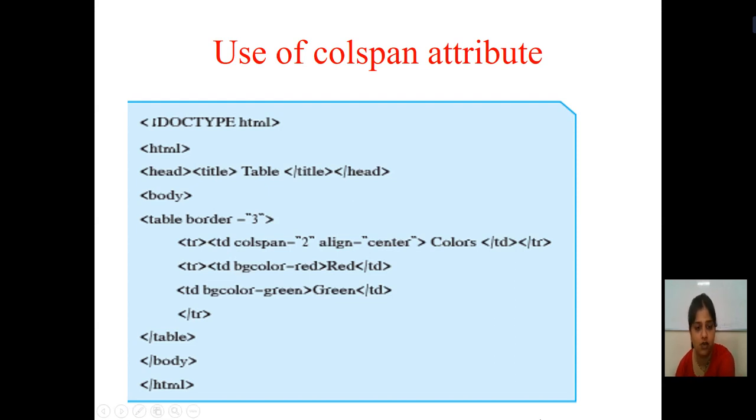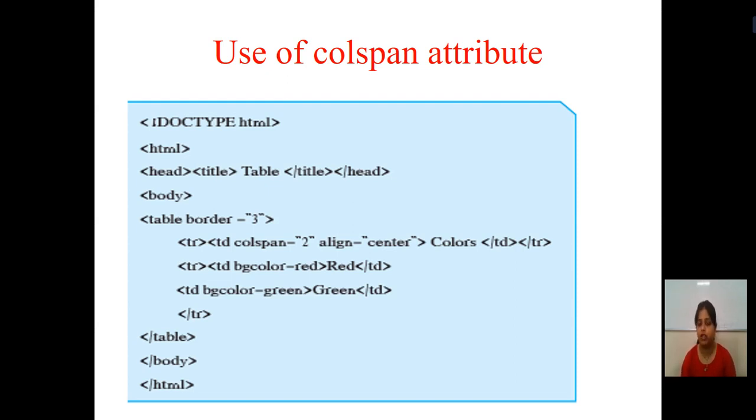Now here you can see, students, colspan is equal to 2 is used. Colspan means what? It combines two columns and creates a single column. Whatever value of the colspan is given, that many columns are combined together, spanned together, and a single column is created. Similarly, in the previous example, we have seen the rowspan. In rowspan, two or more rows were combined together and a single row was created.